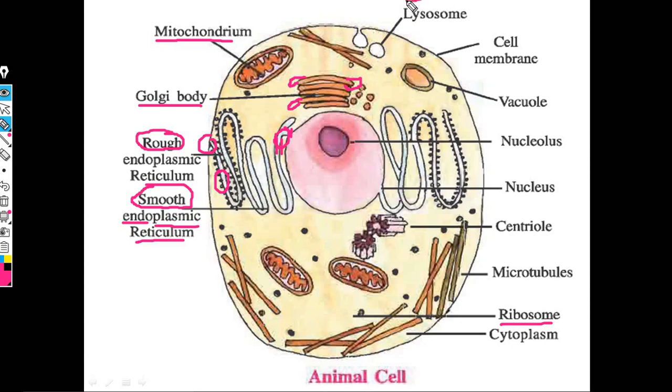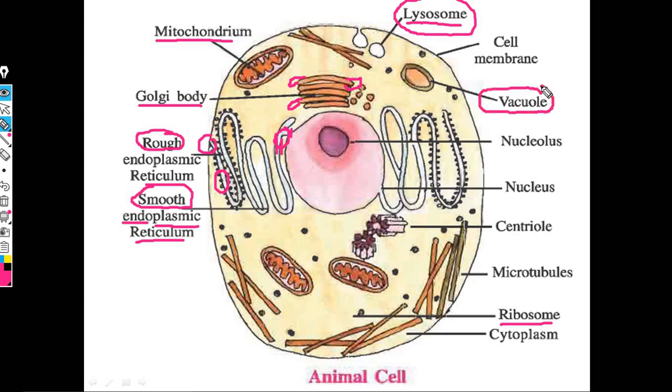Also you have a single membrane bound structure which has lots of hydrolytic enzymes, called a lysosome. If you remember, maybe in your secondary education you learned it as a suicidal bag. That is only one function. There are lots of other functions, related to removal of garbage from the cell and digestion of intracellular organelles. These are all very important functions related to the lysosome. Cell membrane we have already learned.